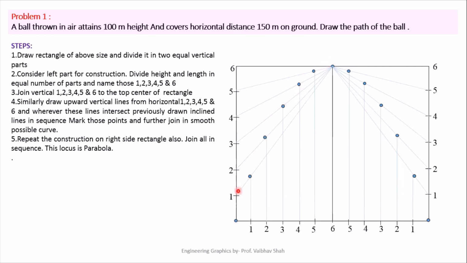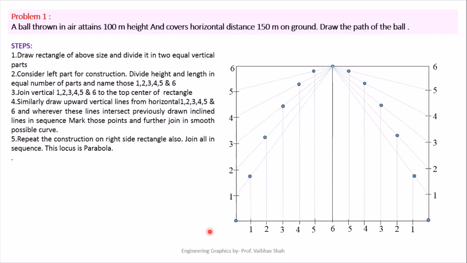Why? Because this is a one line point. So this will be P1. This is a point on the 2 number line. So this is P2, likewise P3, P4, P5, P6. Similarly, this is the 5th number point. So this will be P5, P4, P3, P2, P1, and this will be P0 once again. So after getting all these points, we have to just simply join these points by a dark line.